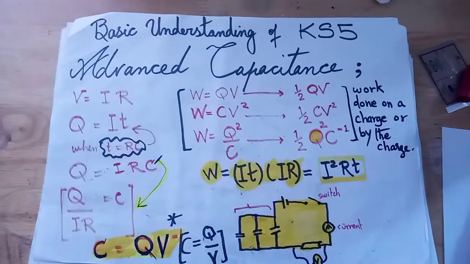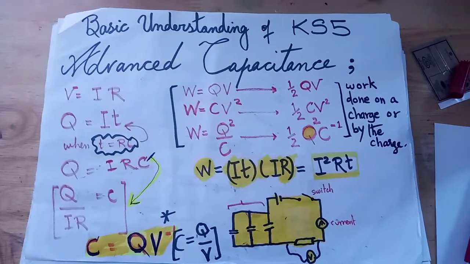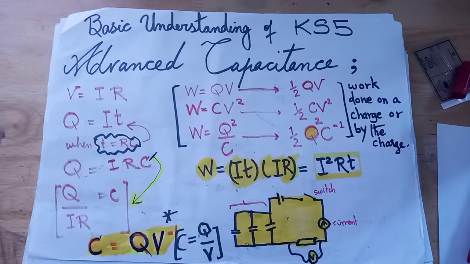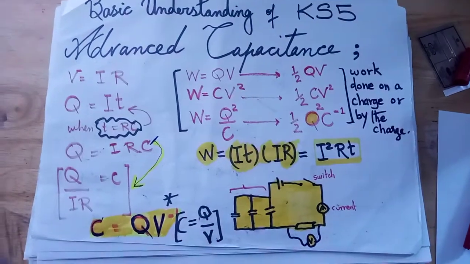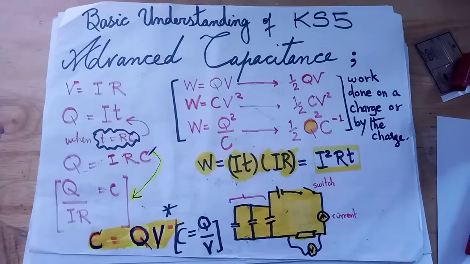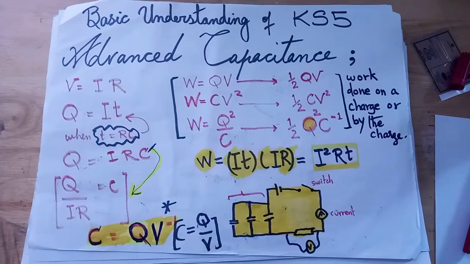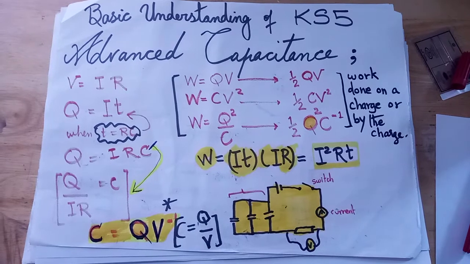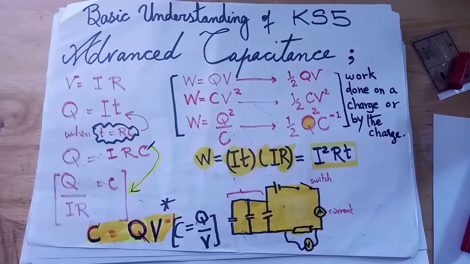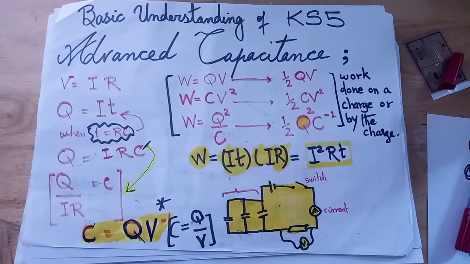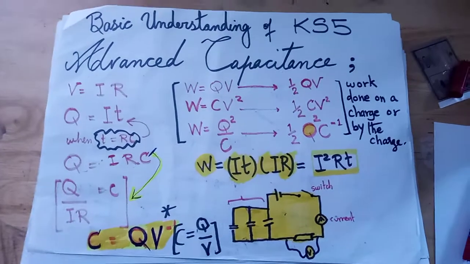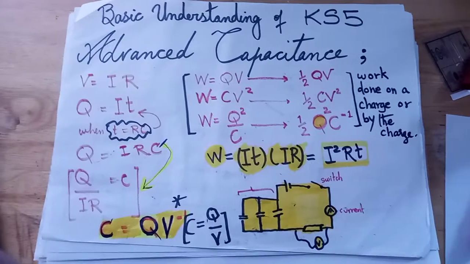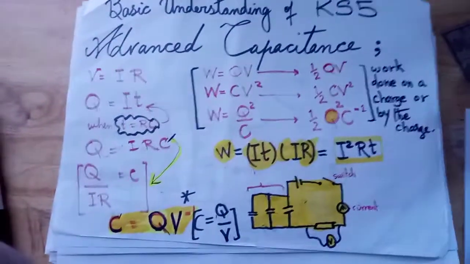A comprehensive basic understanding of KS5 advanced capacitance, which is a pivotal part of AS and A2 physics, and it links very important chapters such as AC theory and electrodynamics, which is the conventional electric current physics. So please try to understand that we know